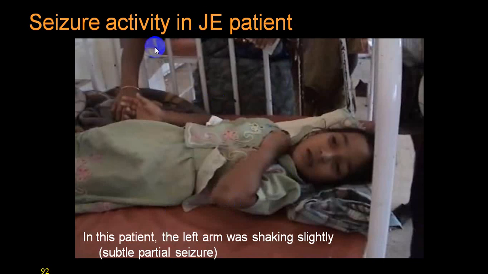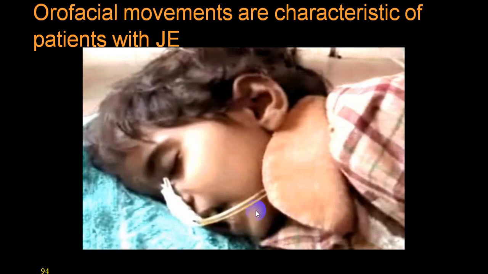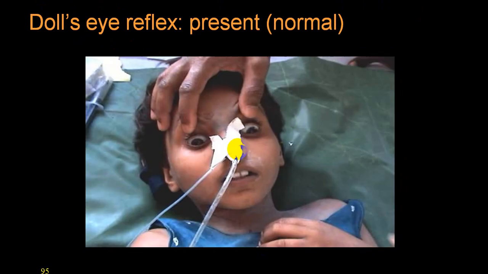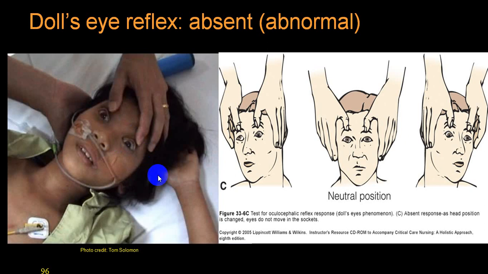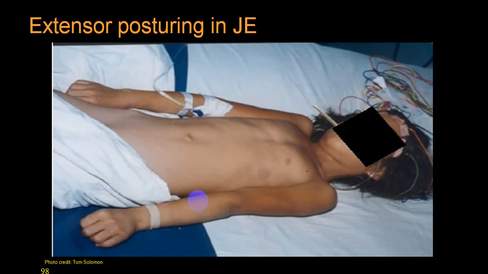And just by observing a seizure activity, you can find out that it's an intracranial pathophysiology. Then you can observe whether it is focal or generalized. You can identify altered level of consciousness. These are all showing you a Japanese encephalitis picture. Then you can look for doll's eye movements, which will give you an idea regarding brainstem damage or not. We call them oculocephalic reflexes. Opisthotonus can be easily identified. Extensor posture, what we call decerebrate posture.